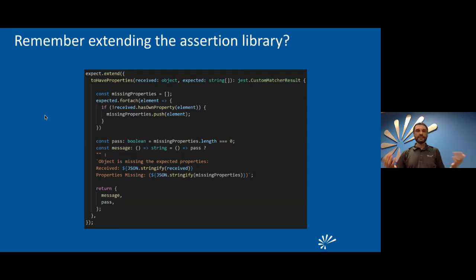So instead of saying, like in this case, the following properties are missing, on the pizza case we could say the following toppings are missing on this pizza. The folks who wrote Jest, or whatever test framework you're using, have no idea about your business. The developers do. So create the assertions based on the domain language, based on what makes sense to the business. That's way more important than just saying, oh, I expected a true and I got a false.